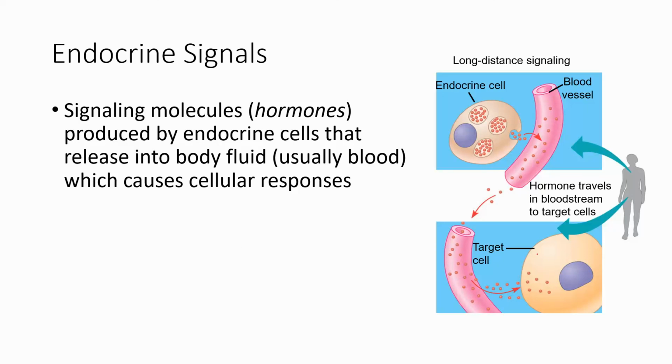So you have millions of cells in your body, maybe 1,000 of them might have a receptor for this particular hormone. And they are the only 1,000 cells that will change their behavior in response to this hormone. So you can have a bunch of hormones released in your blood. All of your cells get exposed to it, but depending on whether or not you have a receptor for it and what that receptor does, individual cell types might have different responses,